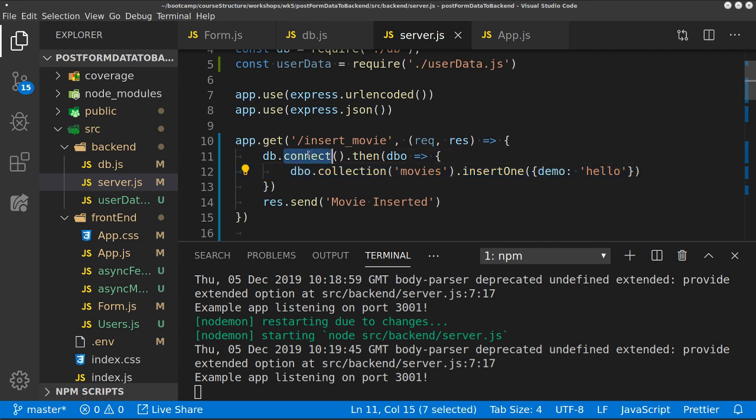Cool. So we invoke the connect function of the database, and then specify what collection we want to target. Use one of the Mongo built-in methods, so I can just use insertOne in this case, and insert the record as an object that I want to create. So if we wanted to say